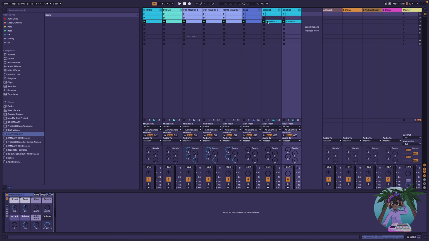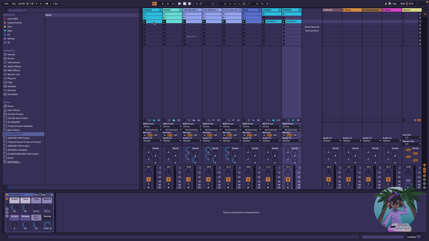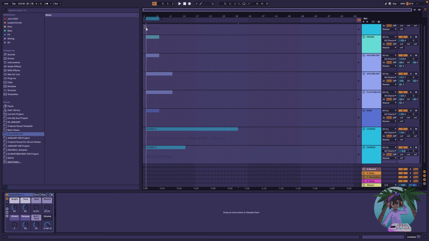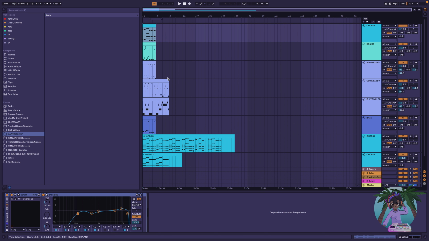So the first thing that I'm going to do is just select the first clip and then select the last clip so I can highlight all of them. And then I'm going to drag these over into the arrangement view. So there we have it. Now let's click this little orange button so we can see those clips in arrangement view. Now I'm going to basically just click on the first clip, which is my chords, and I'm going to hit